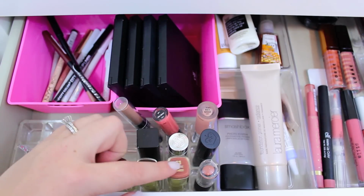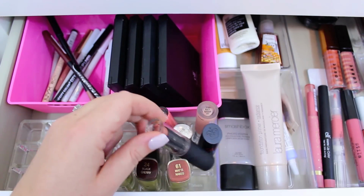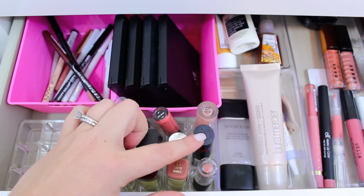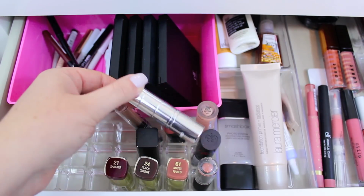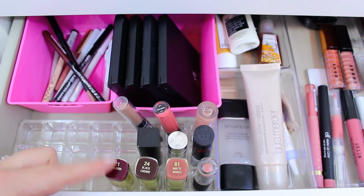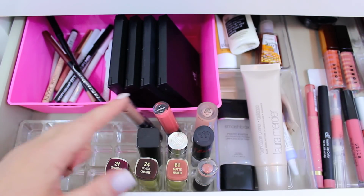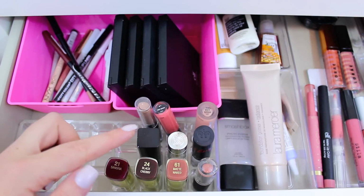So I have a NYX. This one by Milani is one of my favorites, Matte Naked. This is one of my all-time favorites by Wet n Wild, and then I have one from Rimmel London, and then this is a new one I'm trying out from the brand Merle Norman. Of course, I have Milani Sangria and Black Cherry. I'll probably add in Wet n Wild. I got 2 from Wet n Wild recently, so I'll add those in there,